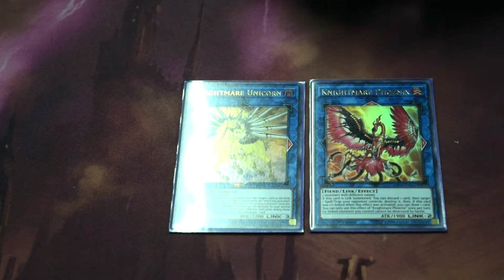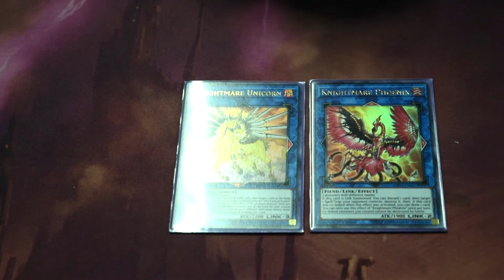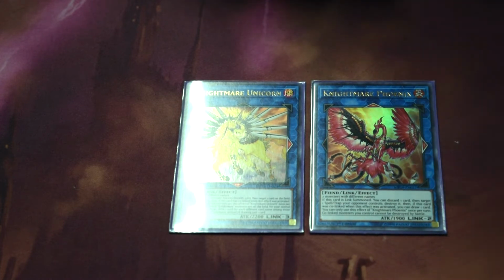Unicorn's great. This deck's worst matchup, I'd have to say, is probably Thunder Dragon, because this deck does a lot of searching. So just having plenty of ways in this deck to out a Colossus or 2 is great. And Phoenix is for problematic back row. Link 4s,